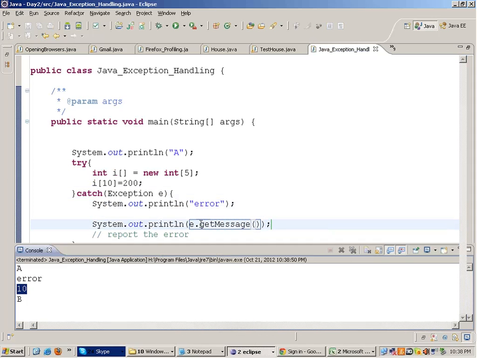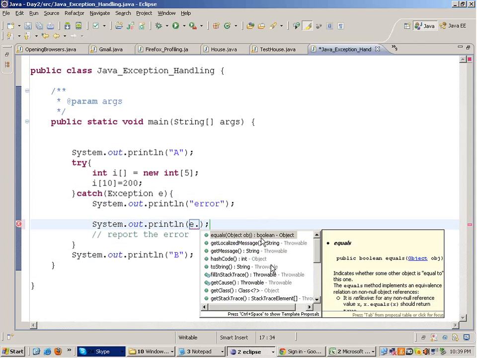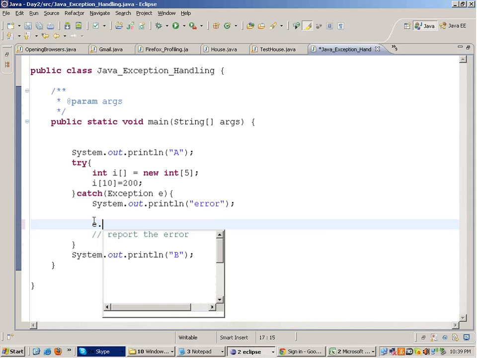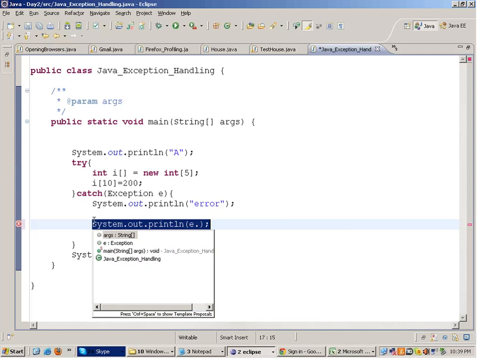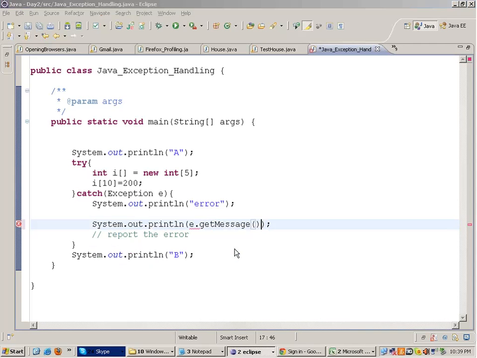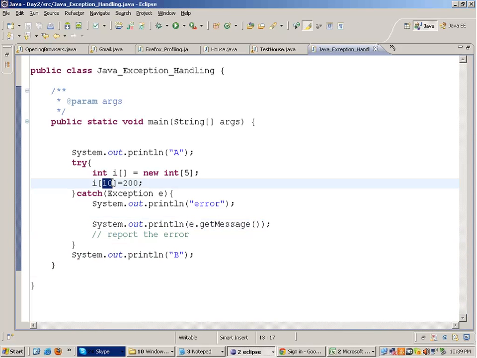10. Fine. It's the error code actually. If you write over here E dot, what we do is we write something like this. E dot. Why it was printing 10, I'll tell you. It's not the error code, I'm sorry. If you run this, it's printing 10 because at the 10th index the error is coming. Index 10 is not valid, right?